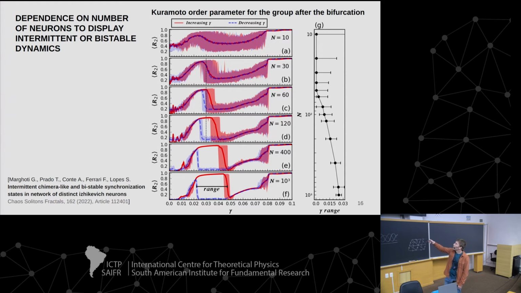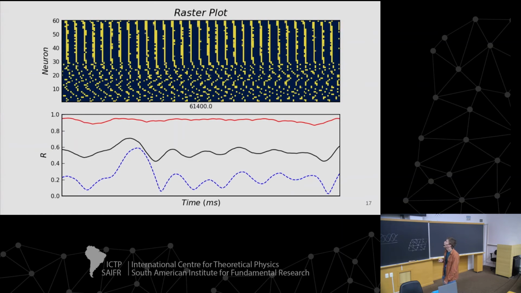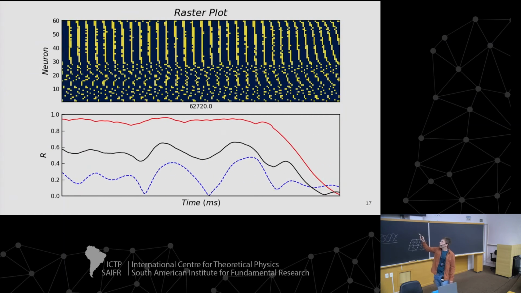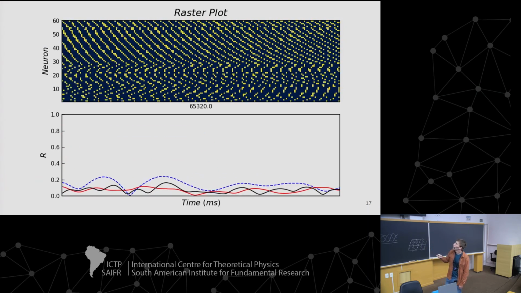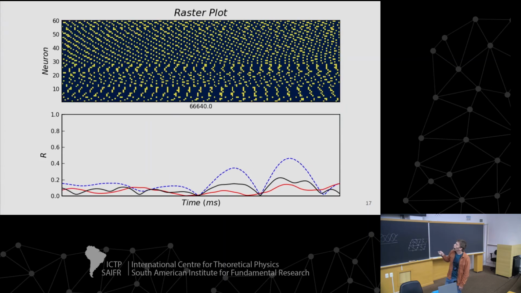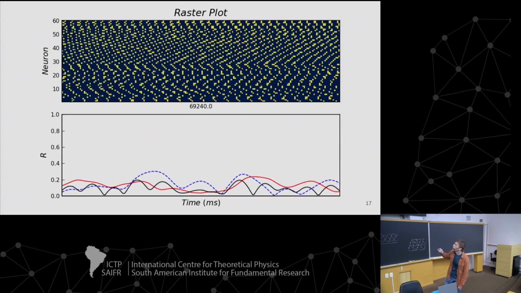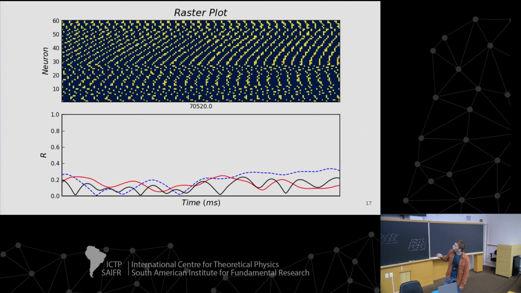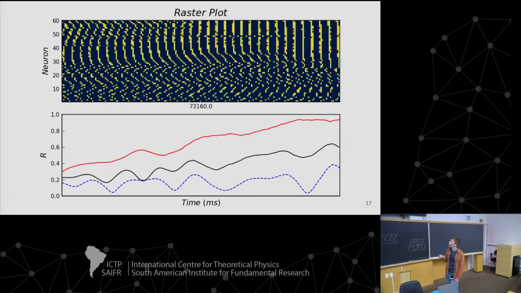And then I want to explore the intermittent case, right? So I will focus on these critical dynamics where power laws are expected to appear. At that critical dynamics, this is the time evolution for the neurons. Yellow dots here are bursts, and blue dots are quiescent periods. And in the lower panel, you have the time evolution of the Kuramoto order parameter.